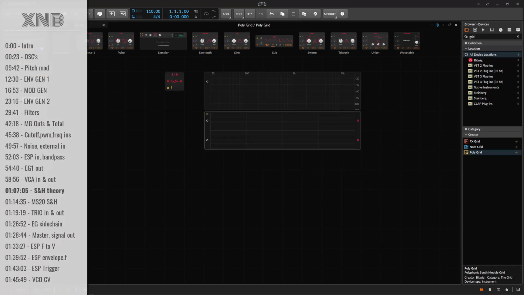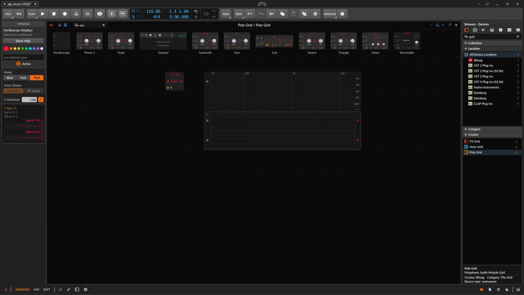Right, so now we're going to take a tiny break from the synthesizer, and we need to talk about sample and hold. If you already know sample and hold, you can move on to the next part where we do it on the synthesizer, on the MS-20. But if you don't know how it is, it's going to be a little bit hard to explain on the synth. So I much prefer to take you to the grid,